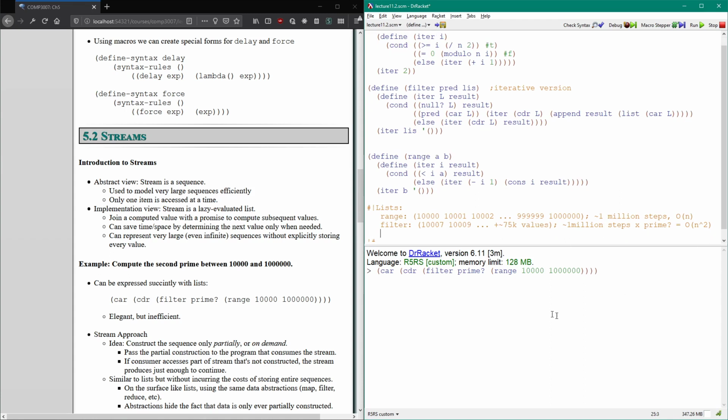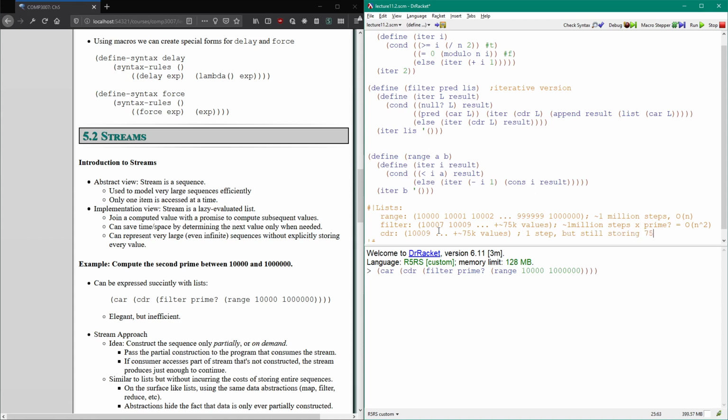After that, we have the CDR and car operations. So CDR says take in this list of 75,000 values and get rid of just the head, return the remaining part. So that can be done very quickly. If we have a pair, we just take the pointer in the second part of that pair. So we get back the list 10,009 plus another 75,000 values. That only takes roughly one step, depending on implementations. We just go to the pair and take the tail part of that pair, the CDR part. But we still have to store